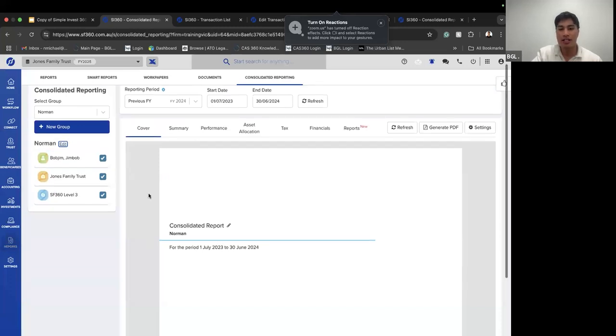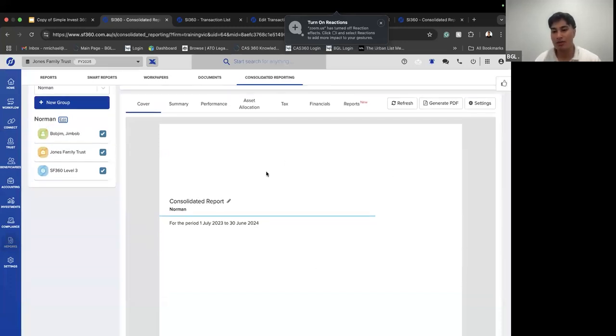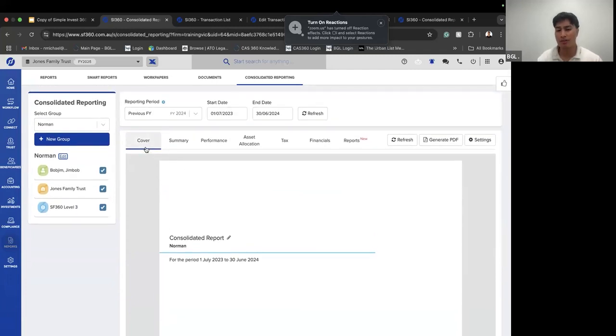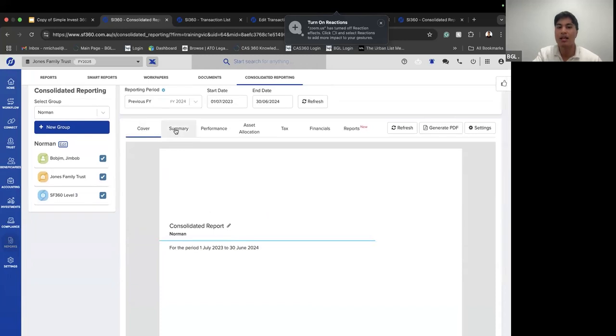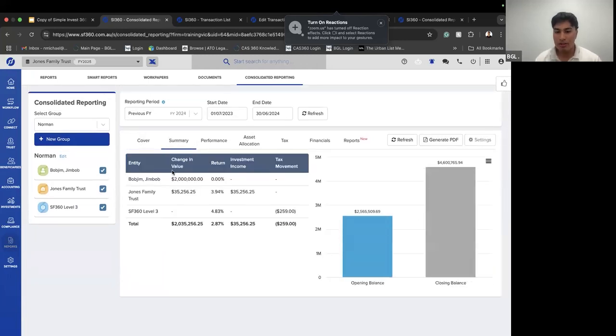Now, once you've selected your entities, it will start populating the information from those entities on screen. The first tab is your cover letter. You can customize the cover letter. You can change the name from here. You've got your summary, so it'll give you an overall summary of all the entities and the values of the